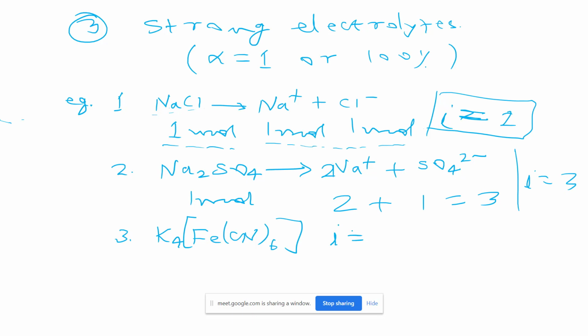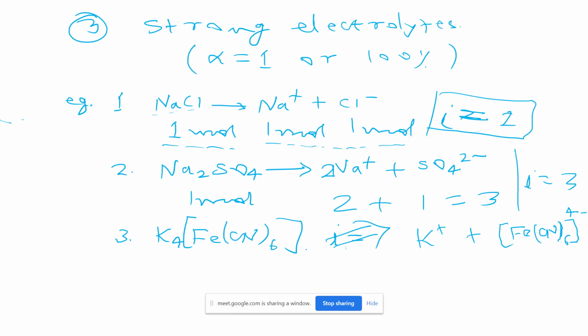Okay, so first I am writing here the dissociation products of this. Can you say which kind of ions we are getting? One is K+ and another one is the complete complex ion, [Fe(CN)6]. This square bracket entity is not ionized in this case, and we are getting it as one ion. This is known as the coordination sphere. Actually, if you know, the coordination sphere will not dissociate or break down. So the charge on this anion will be 4-, and on K it is plus 1.